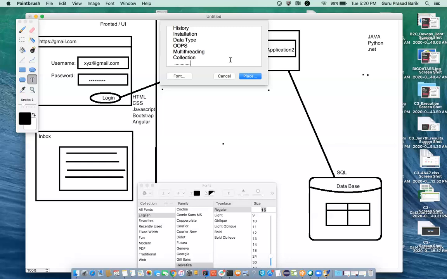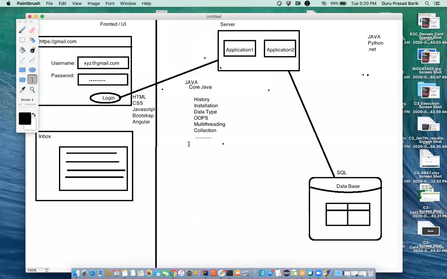Once your core Java is over, next is advanced Java. I just mentioned a few topics; there are so many topics. We are even going to discuss what is a method, what is a variable, what is a constructor, everything. All the 50 keywords. There are 50 keywords present in Java. Once you learn all these 50 keywords, your Java will be over.